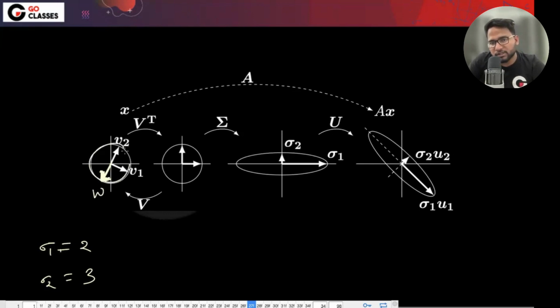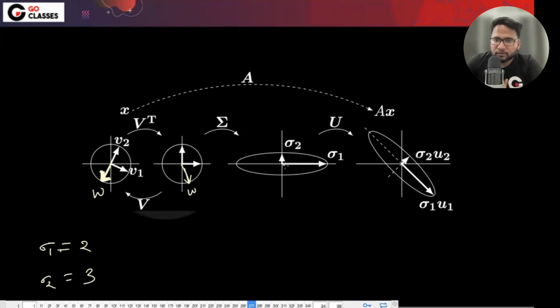I mean, this is a unit circle, right? So I'm just taking some unit vector w. Then w will be somewhere here, you can say. So basically w will get rotated. Now this circle is getting changed to an ellipse. Now you tell me,